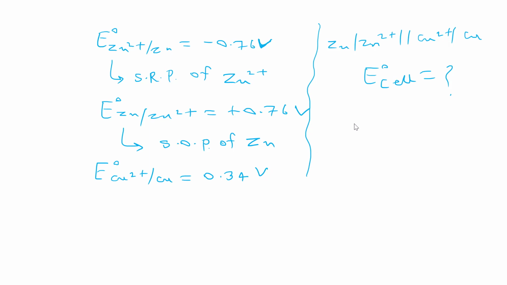It will be 1.1. Yes, great. So what is the formula here? E naught cell will be E naught of cathode minus E naught of anode. When you are using the reduction potentials, you take this one. Otherwise, you can remember that oxidation always takes place at anode and reduction always takes place at cathode. So for calculation of cell potential, you can take the oxidation potential of anode and the reduction potential of cathode, add them algebraically, and you get the cell potential with sign.